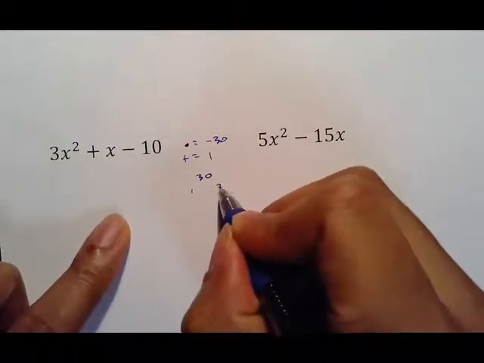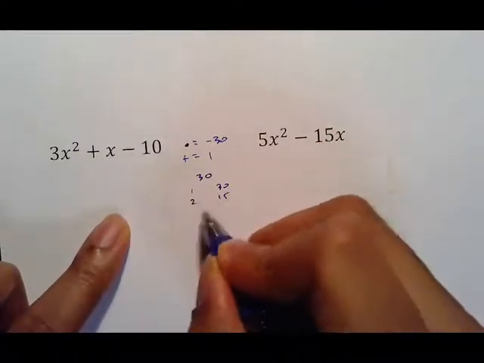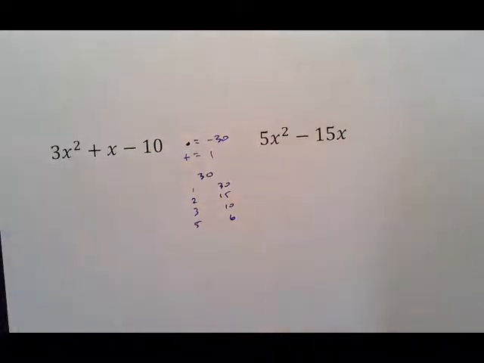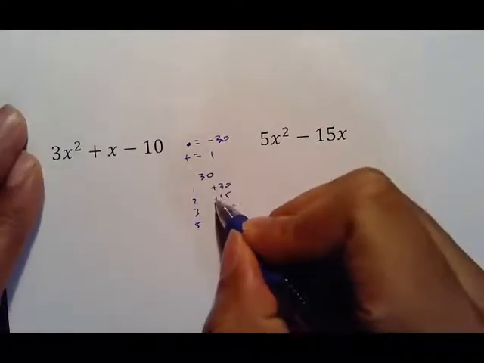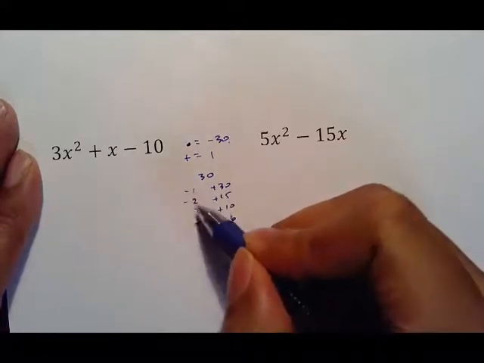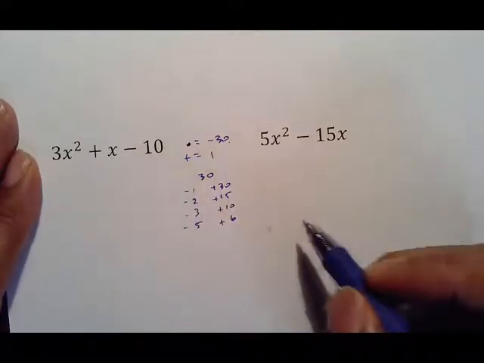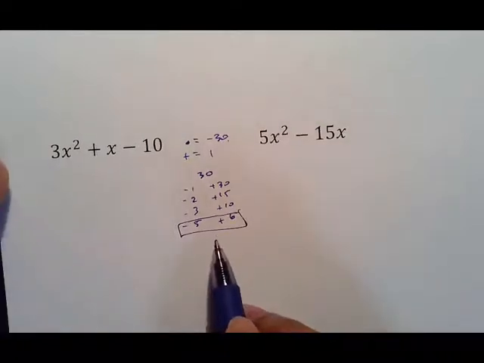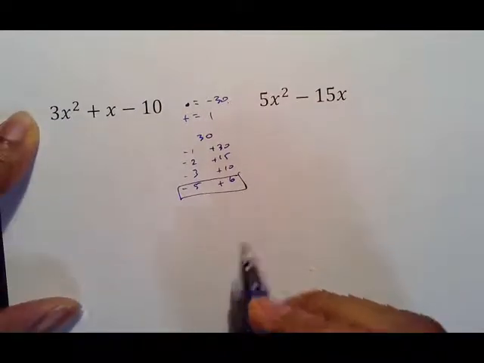Again, make your tree for 30 if necessary. And again, I am going kind of fast, but that's because you should already kind of know this anyway. It adds to be 1, which means it's positive, which means that these numbers should be positive. The only way you get a -30 is if these numbers are negative, and the numbers that make 1 are these two. I can't use a shortcut because there's a 3 there, but if you remember, what we do is